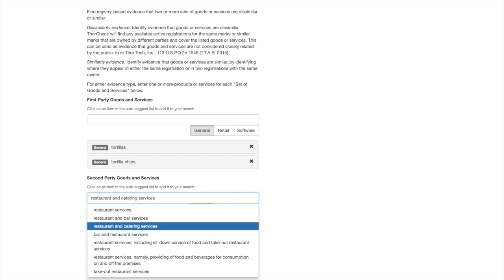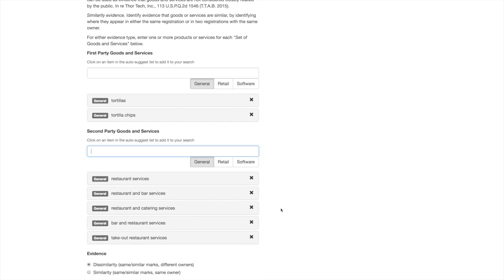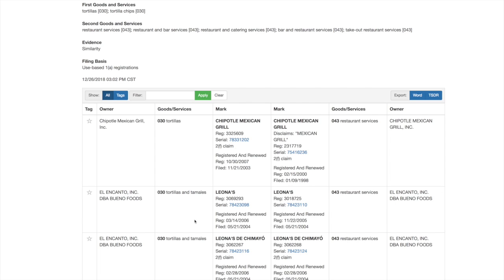There's no limit on the number of different goods and services strings you can include, so we'll do 4 or 5 here. Next, under evidence, make sure you switch it over to similarity. This will focus on examples where you've got the same or similar mark with the same owner, and this is what you'll want to use when you're the senior party. Last, make sure you leave the default as 1A use-based registrations,